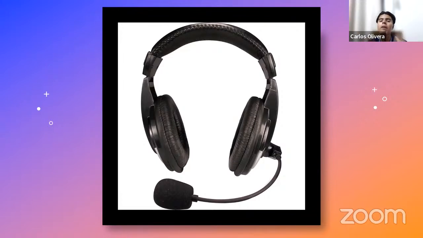So when you put them on, you have to make sure that this microphone is, of course, directed to your mouth. That is to say, it's pointing out to your mouth, and make sure as well that it has a distance from your mouth of approximately 3 to 5 centimeters. Because when you have it too attached to your mouth, dear students, you're going to have complications of two types specifically. First of all, if you have this microphone too attached to your mouth, what's going to happen is that